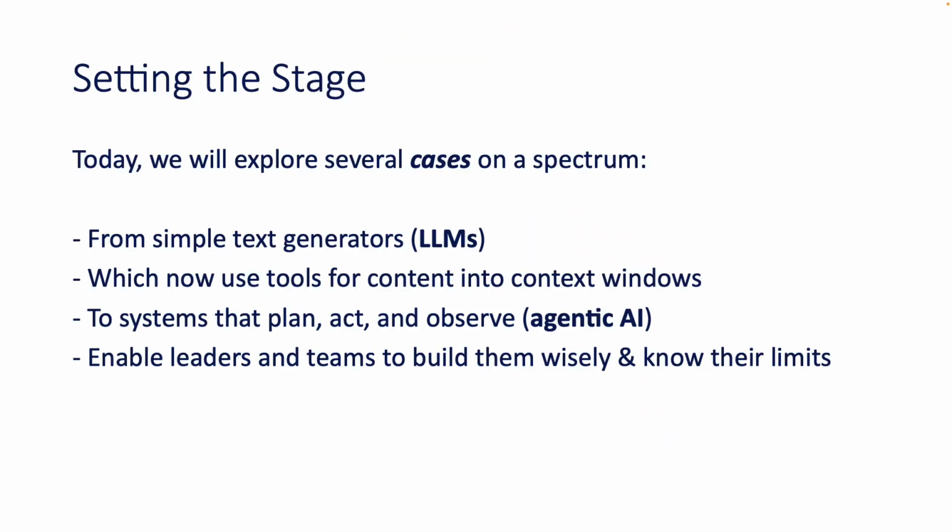All right, key number 5, agents act, plan, and observe. See, we are in the midst of a transition from AI providing useful information to actually helping do the work. Oftentimes we call this agent or agentic AI, and this is really exciting in the field of AI because these agents are able to carry out different tasks on behalf of the user. Now, the idea here is that we're transitioning from this concept of the LLM as a simple text generator to having tools that it can use to plan and act and observe.